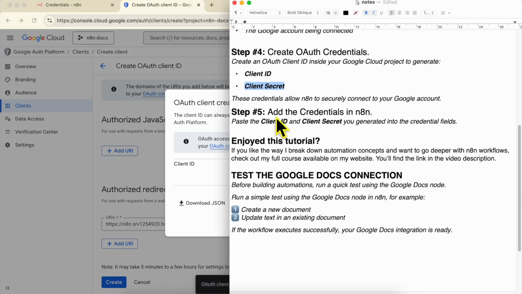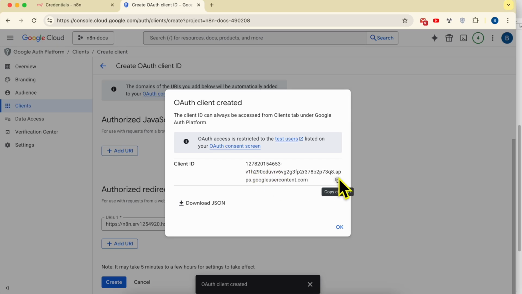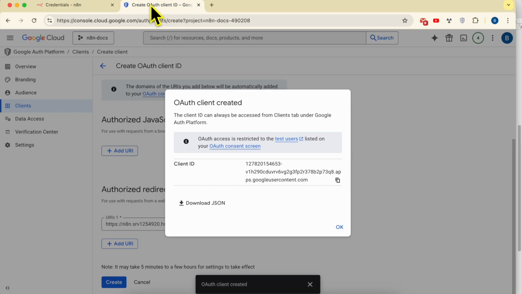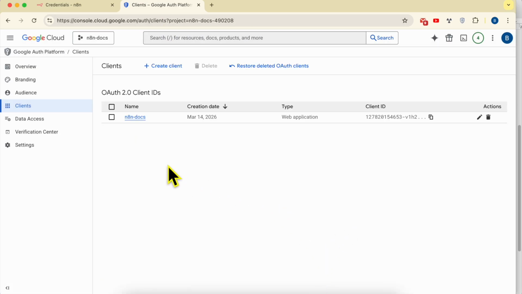And now what we need to do is add those two credentials, the client secret and the client ID, to n8n. So let's copy the client ID, it's directly given to you. Click on this icon to copy it, go to n8n and paste it in the client ID field. For the client secret, simply go back here, click on OK to close this window, and then click on the client ID you've just created,